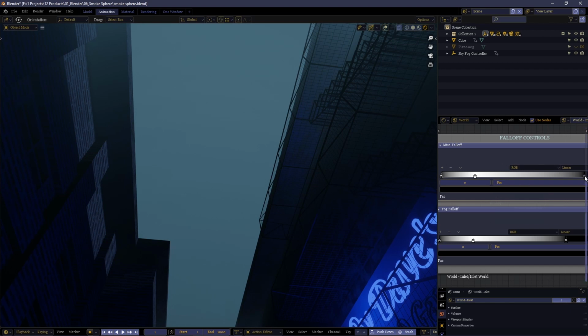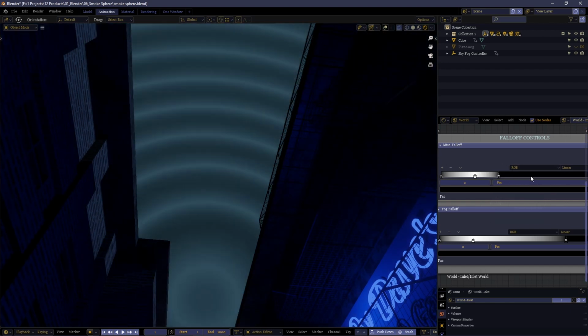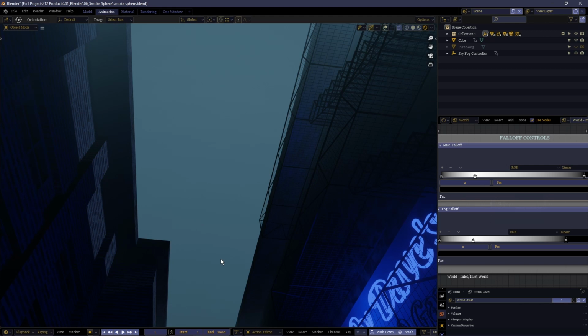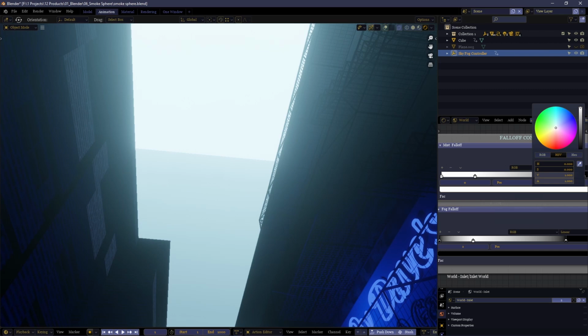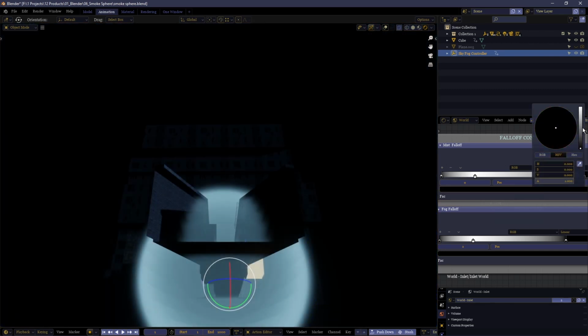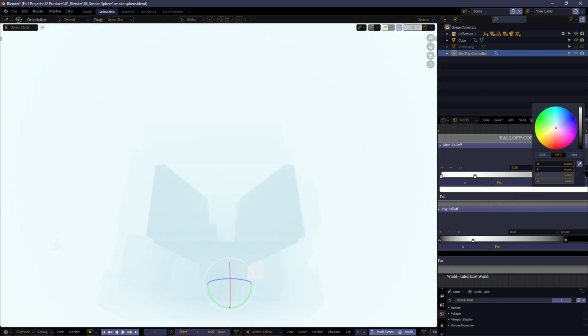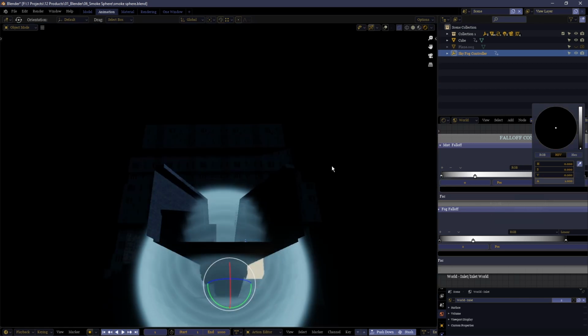This slider here on the right controls the distance from the start point, the center of the empty. This one on the left controls the maximum distances, preventing the white washout we saw before, since it's no longer taking up the entire world with mist, only the fog sphere in the center.